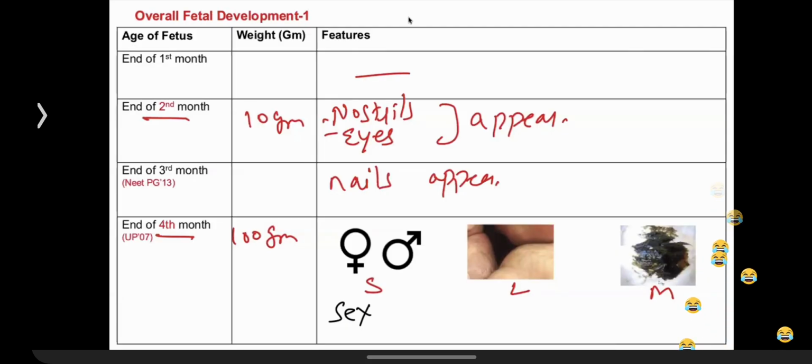Sex can be detected. Lanugo hair appears and meconium appears in